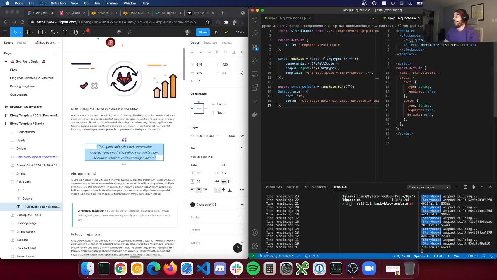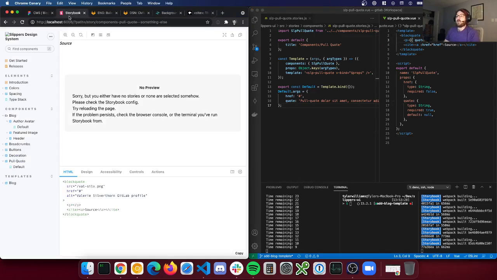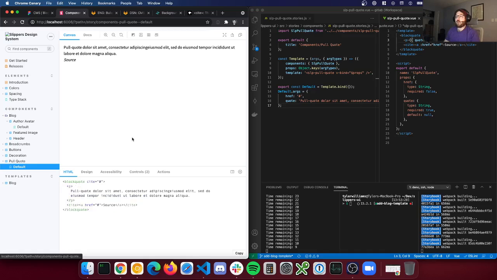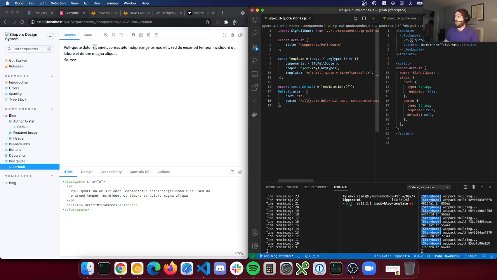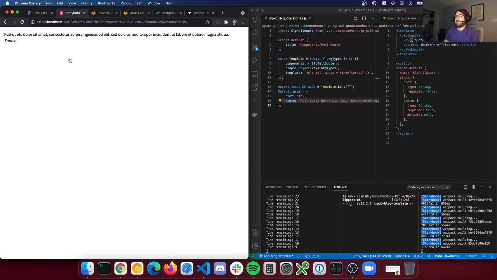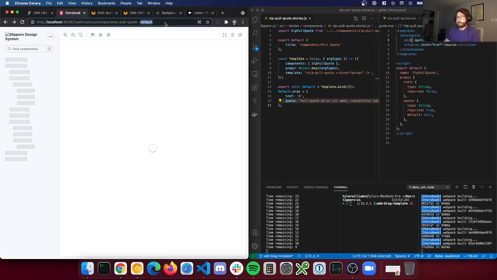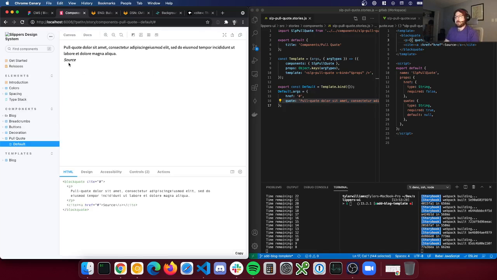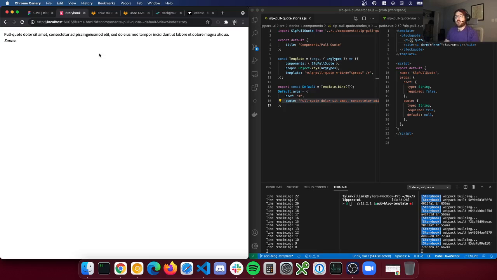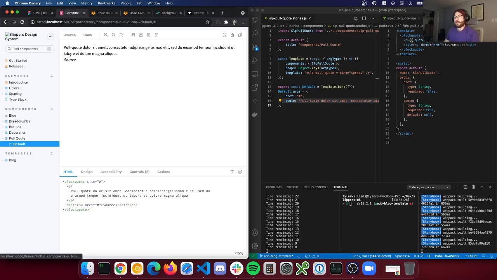So what I'm gonna do now is, I took them out from the data here. Let me show you what's going on too. In the pull quote template, hey, look at that, we got this value, and this href will go to the octothorpe, which will bring us to this. If I were to do that manually, that's kind of what you would see. It's interesting. I wonder if that has something to do with the routing that is bringing me to this iframe. But one way or another, this link is linked up, and you can actually see the HTML at the bottom. This is going to be really important because